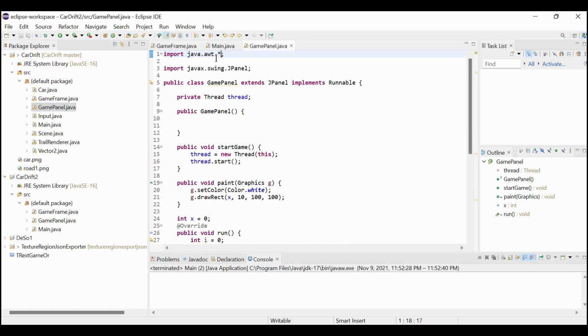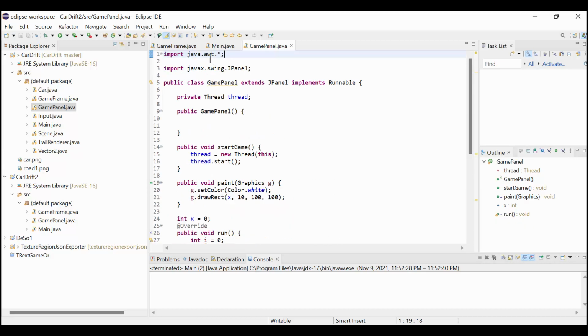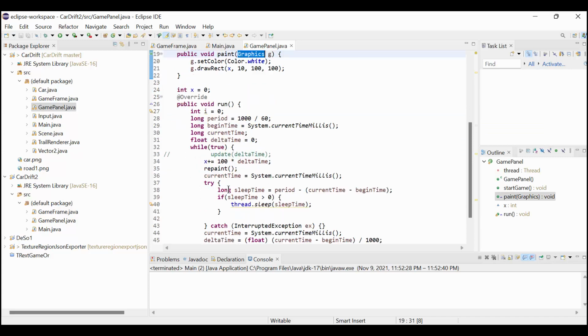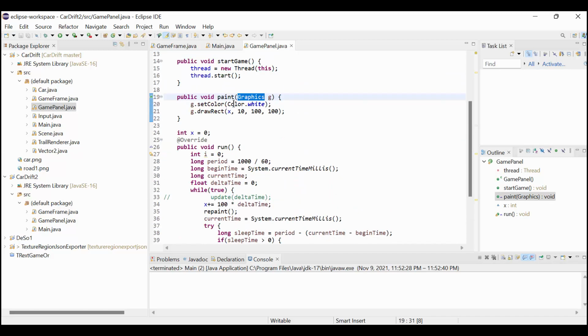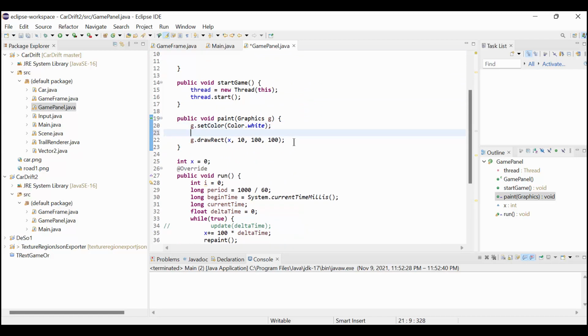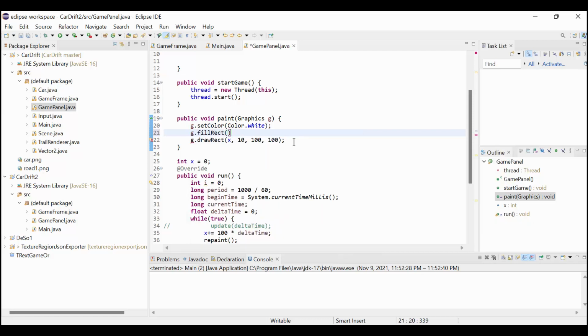You need to import with this line of code, so you can import all the AWT classes, like Graphics or Color, so we won't care about importing later. Okay, and now we'll fill a rectangle